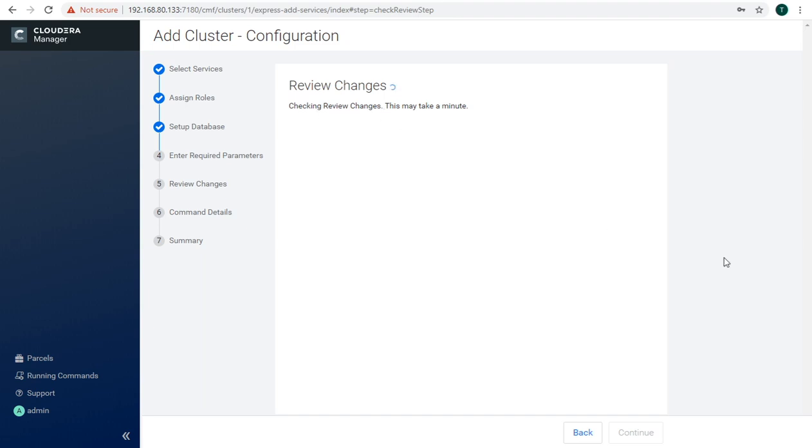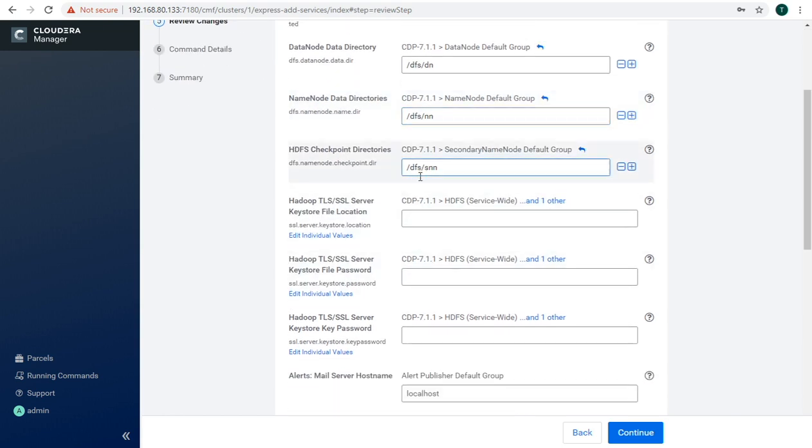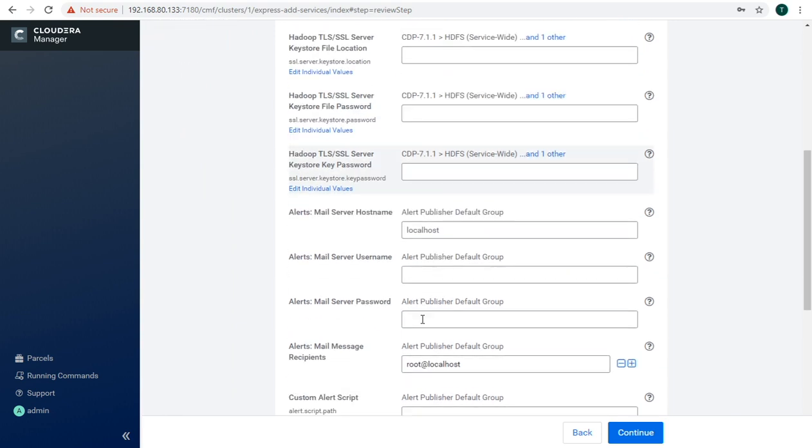and it will ask for checking the review changes. So now enter required parameters, as we are not using those services which would require parameters. Then we need to review changes, where we have block size 128 MB and the data node data directory, DFS DN, NN, SNN for secondary name node or checkpoint node.